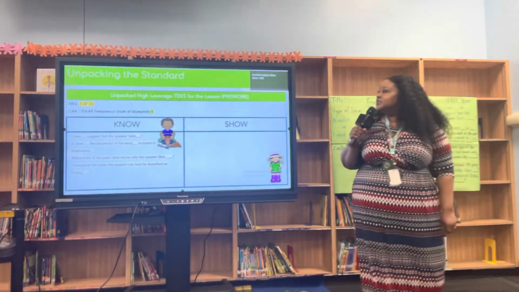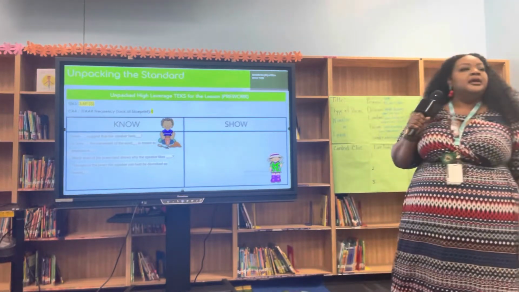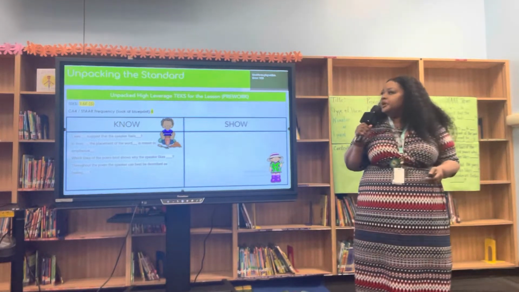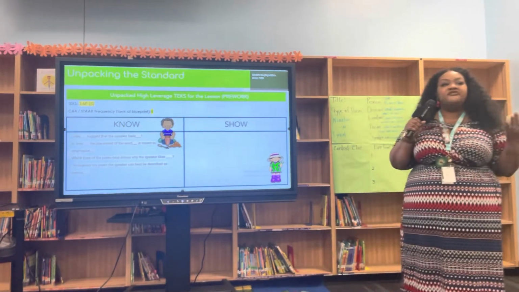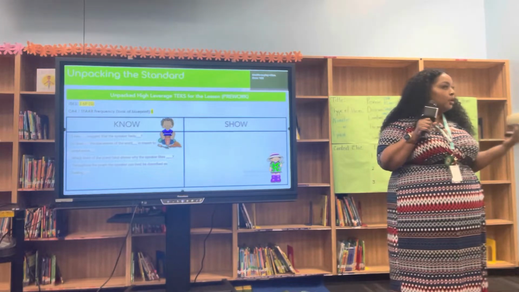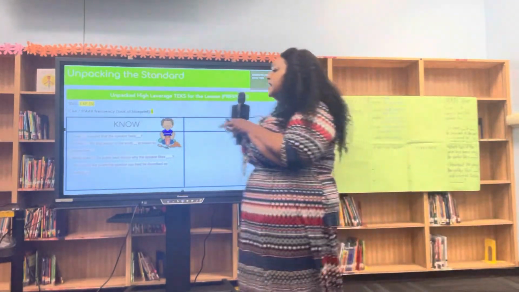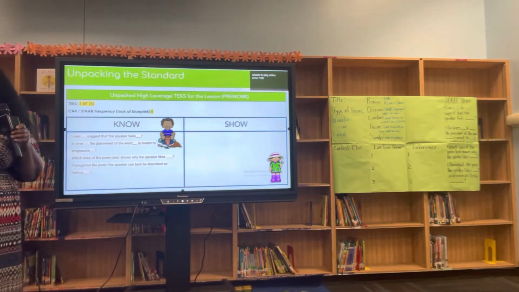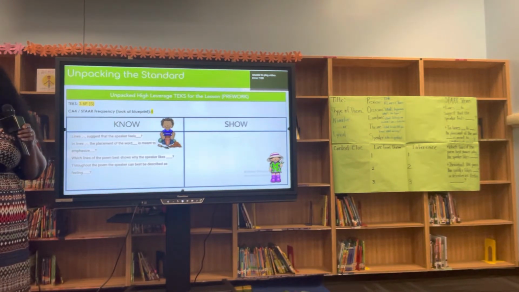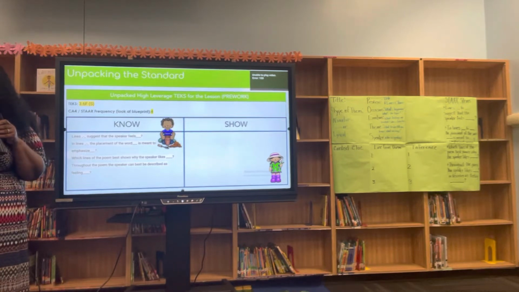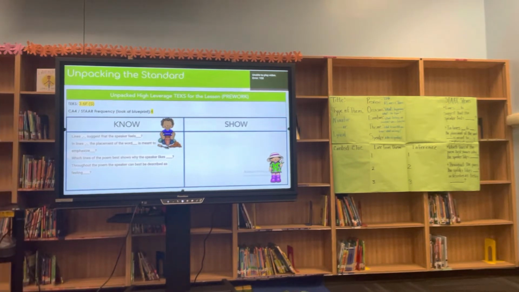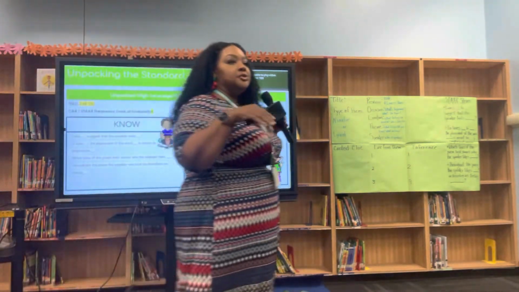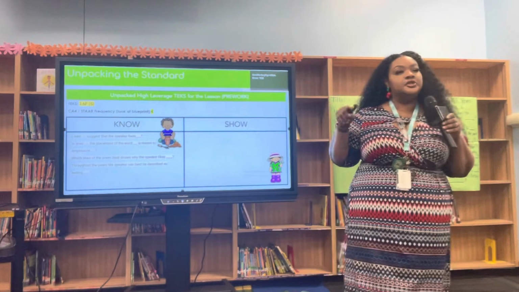All right. Okay, so today the standard that we're going to focus on is 3.6F, 4.6F, 5.6F, which is going to be tested 4 times when it comes to poetry. So what I wanted to highlight is when people say, what do the kids need to know? They normally stick with the TEKS. That is not going to be our focus. How is that TEKS assessed on STAAR? Okay? So I used the question stems for 3rd grade because we're not teaching for approaches. We're all masters or meets in this particular group.